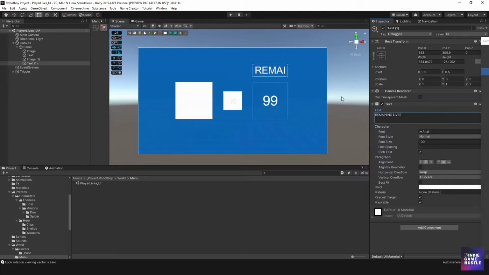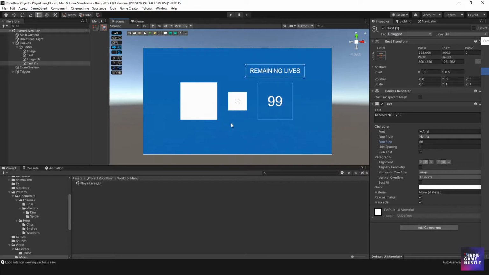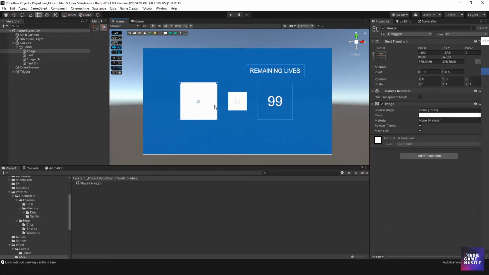Remaining lives. Of course we're going to need that to be smaller. We'll do something like 80, maybe even smaller than that. Maybe 60. Okay, cool. Remaining lives. Again, this is not really meant to be long-term. We're just setting everything up for that. Great. Now we're going to have this scene basically telling us how many remaining lives we